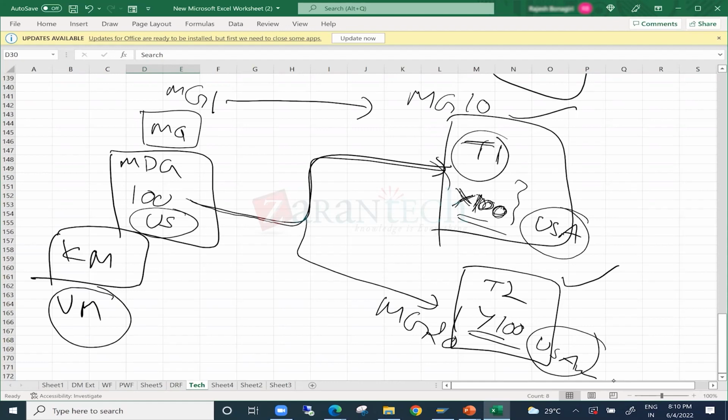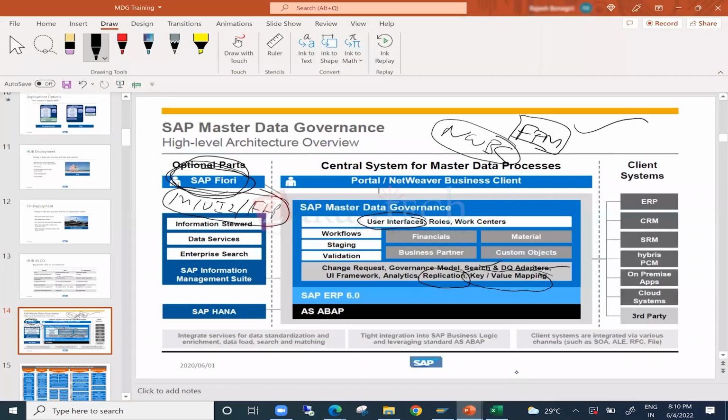A feature is also available that we call value mapping, which we will discuss. Key mapping and value mapping are important topics under data replication, which we will be discussing over here. Okay. So now,